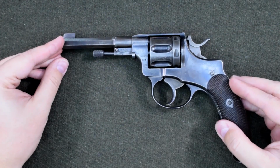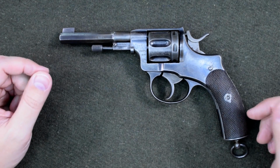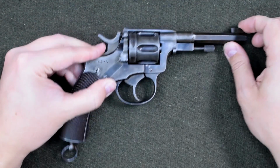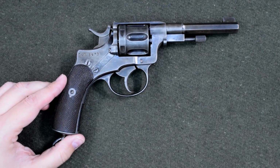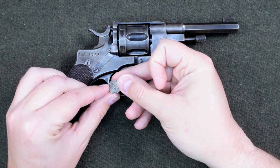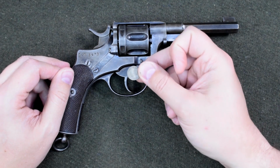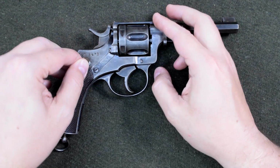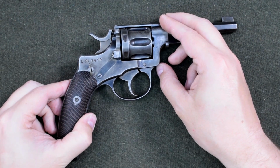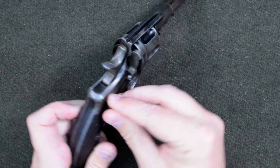it to. Now in terms of lockwork, this is exactly the same as the previous 1883 and 1886 Nagants, the large frames. But I will point out a unique feature while I go ahead and show you the lockwork again anyway. Because the Swedes adopted a little trick from the Swiss, which is that they went ahead and fitted the takedown screw for the width of their 10 öre coin. So if I take this guy, and I know it's not terribly exciting for the camera, but you can see he fits in there just great, and I can rotate that a few times and it will start to separate